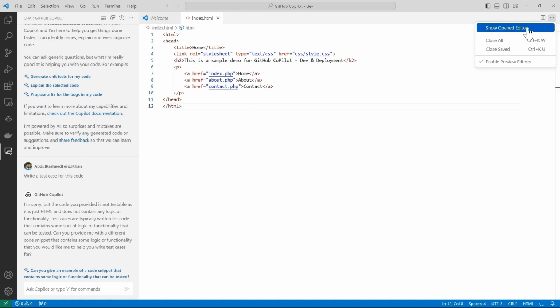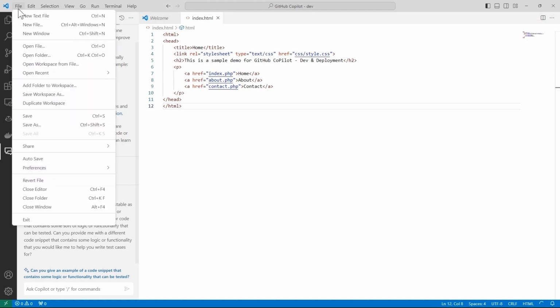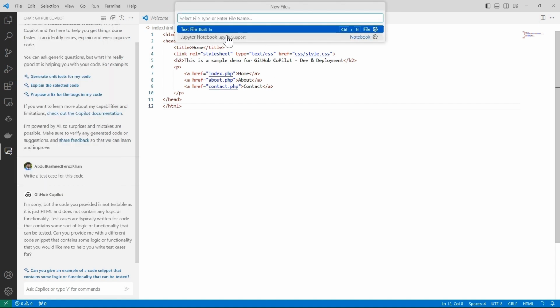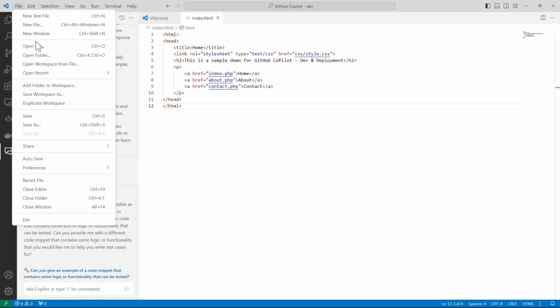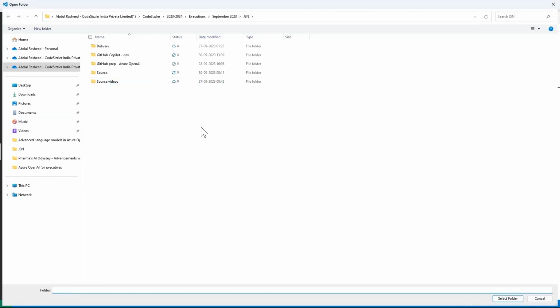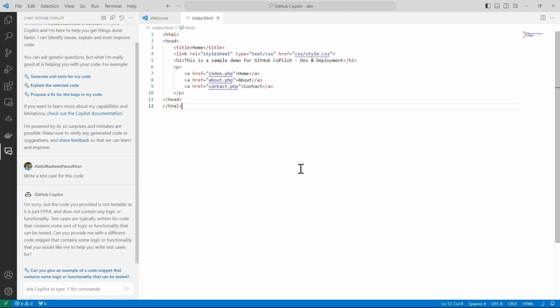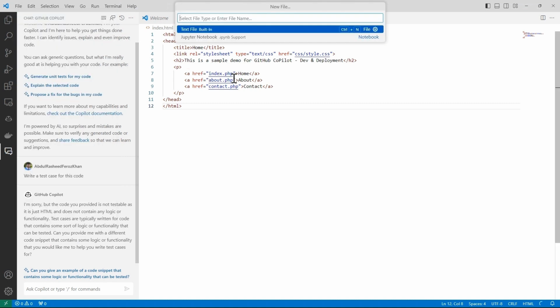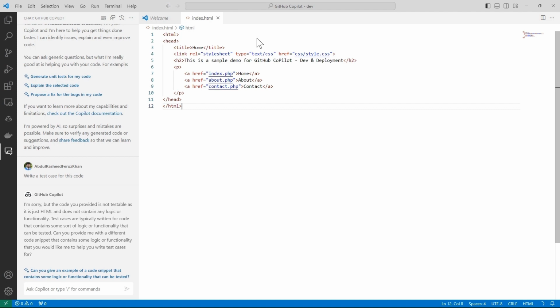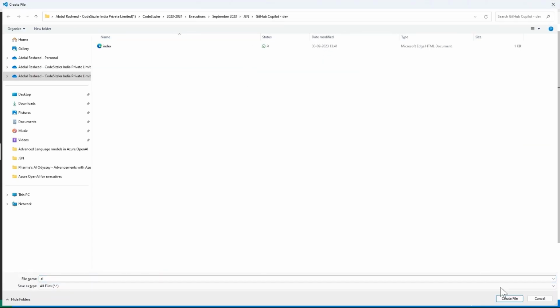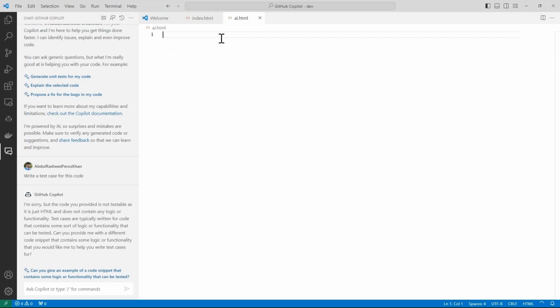We can also create a new file at the same location. So let's go with dev and say a new file to be added up. Let's give it a name. I'll say AI.html, for example. Okay, yes, it's set to be here. Let's say AI.html. And here I can say write a program